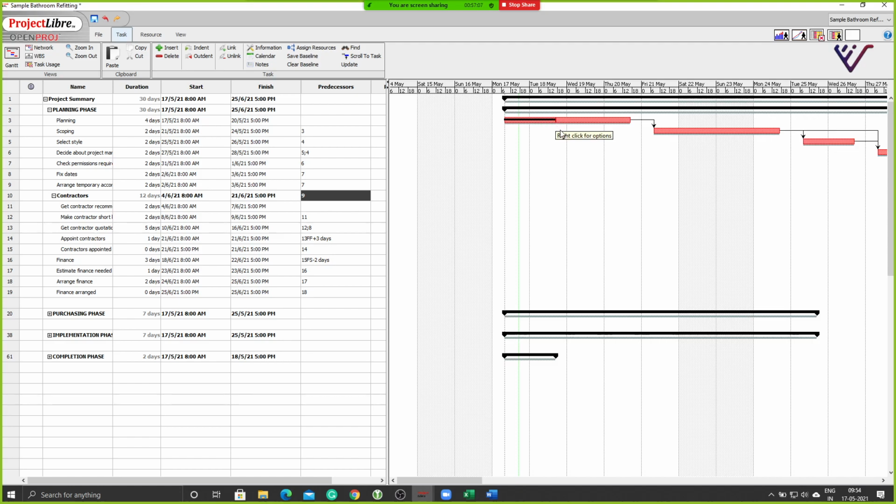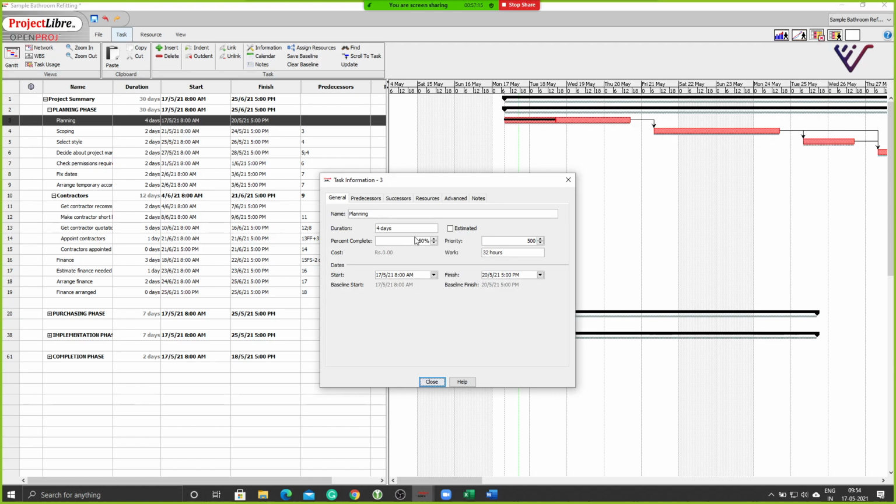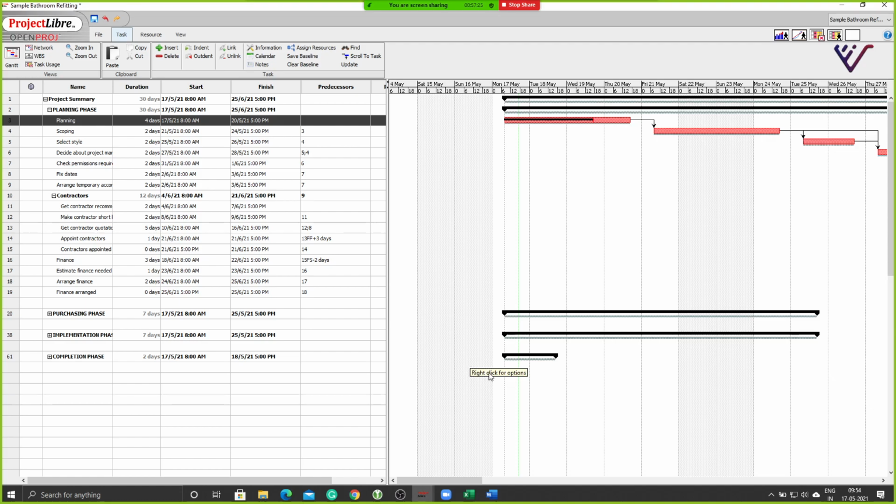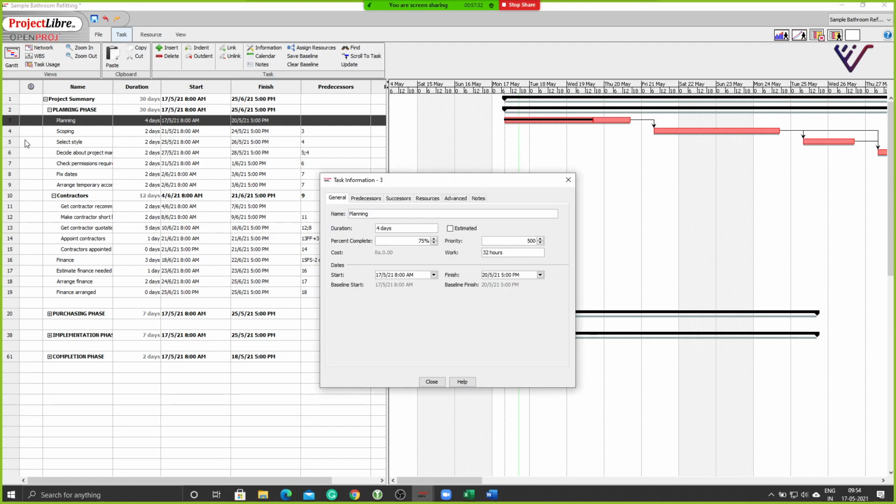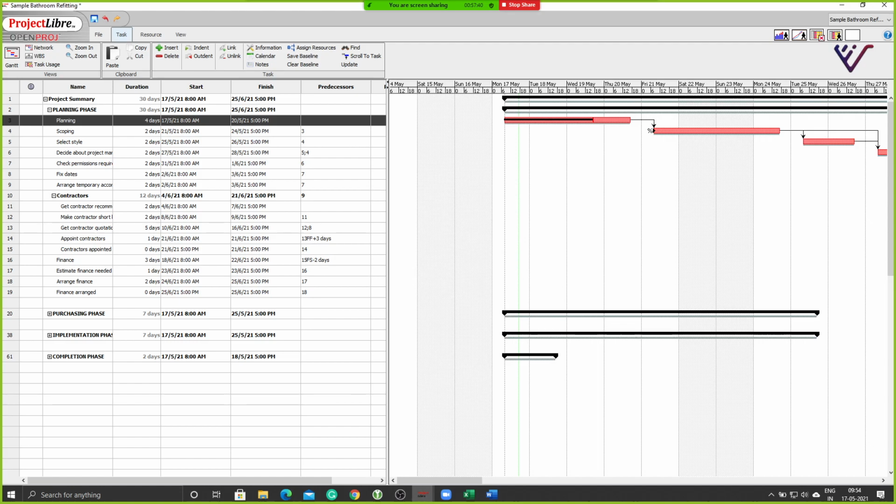So I can do my project progress tracking also here. I can physically mark it, or I can simply come down to the project and you see it says 50% activity completed here. I can change this value to 75% and you see it will change the extent there on the table. There are two ways of putting a project completion tracker here. One is I come into the task by double clicking on it and adding the percentage completion here, or I can simply do it graphically by pulling the timeline here.